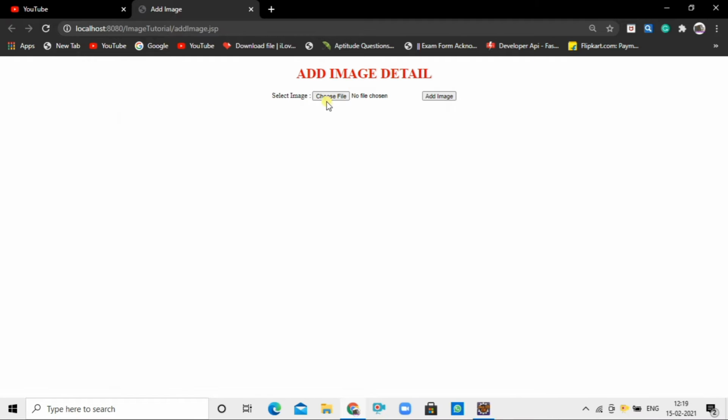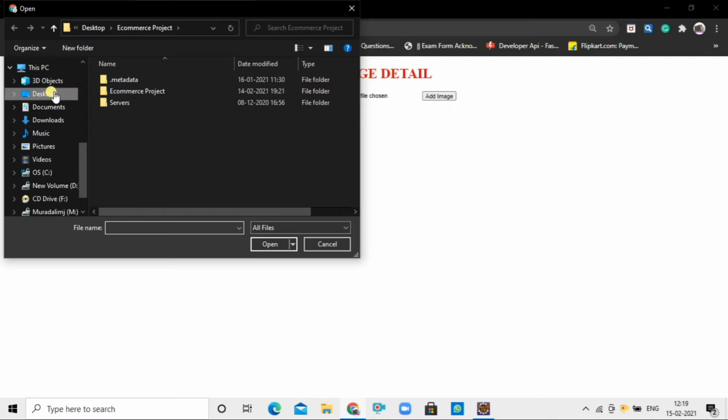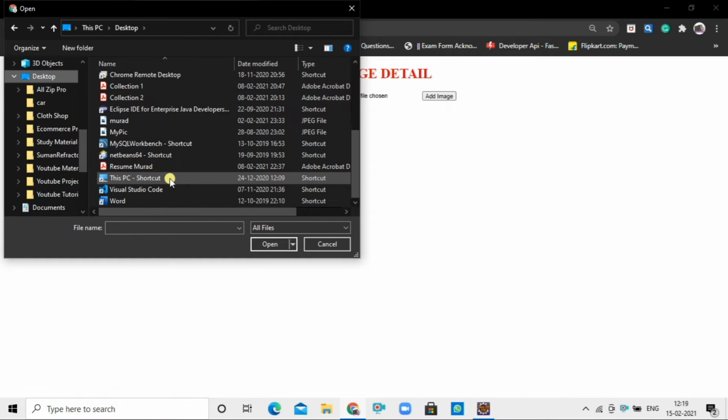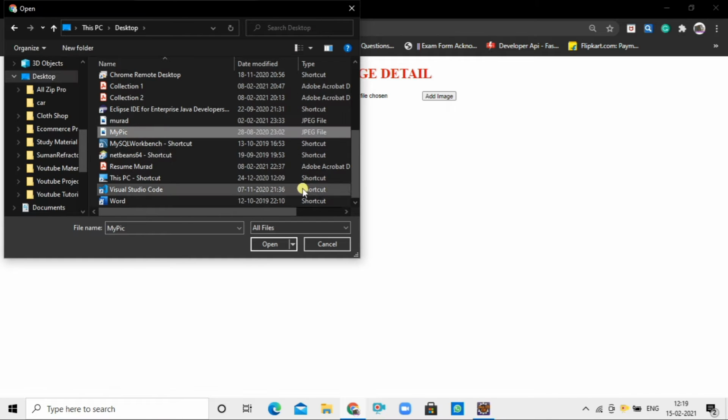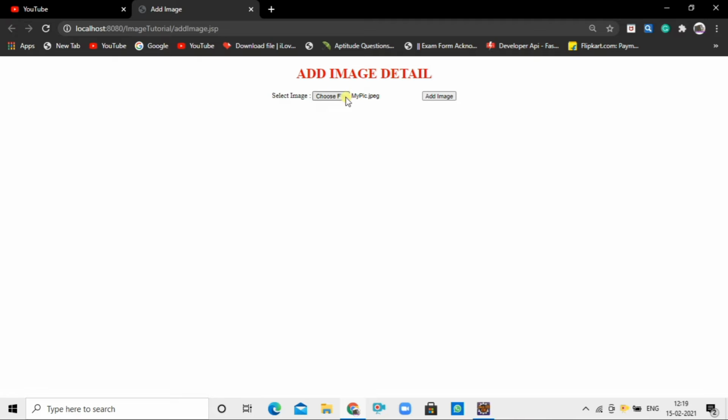Now here we can select an image file. But when we click on the add image button, nothing will happen because we haven't written any backend code for it. That is, we haven't created any servlet till now.